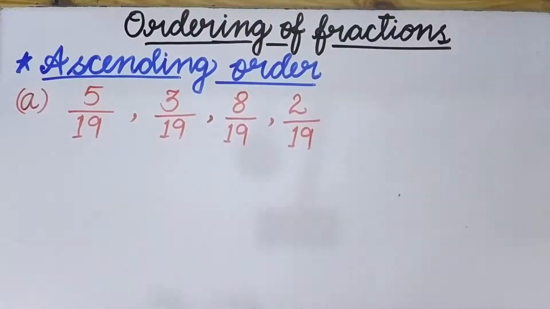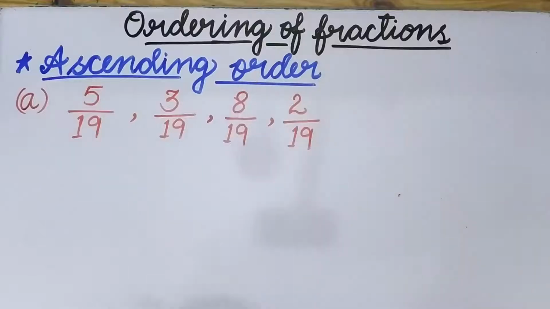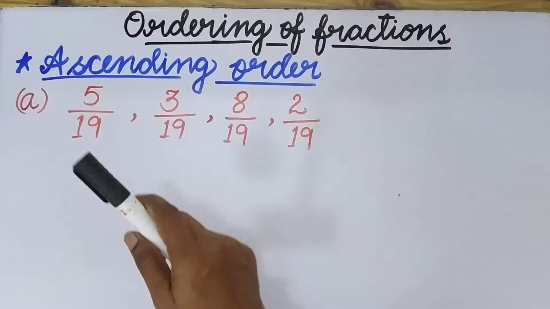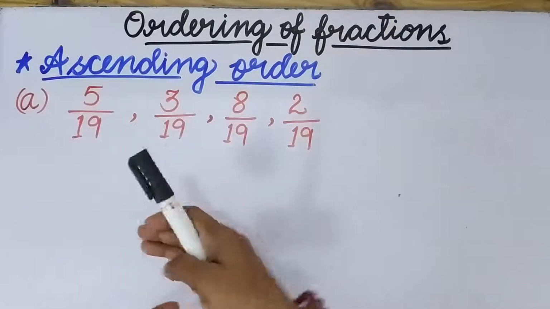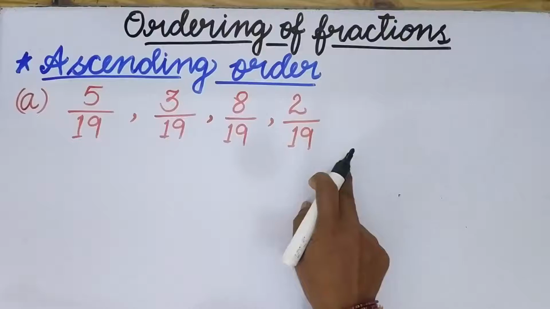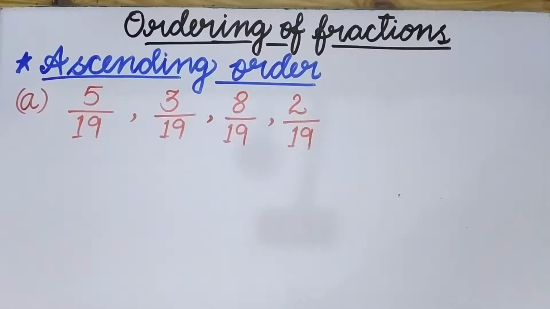After we know comparing, it is very easy to order the fractions, or ordering of fractions. We will learn about arranging the fractions in ascending order as well as descending order. First, let us have a look at ascending order. Here four fractions are given. We have to arrange them in ascending order. How to arrange? First,